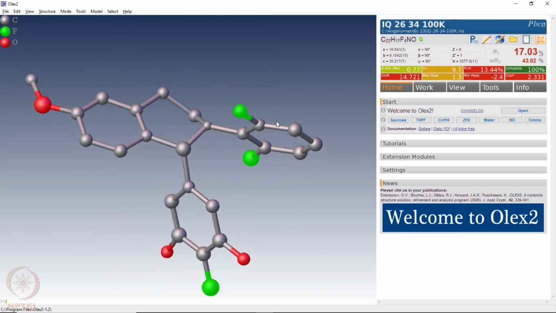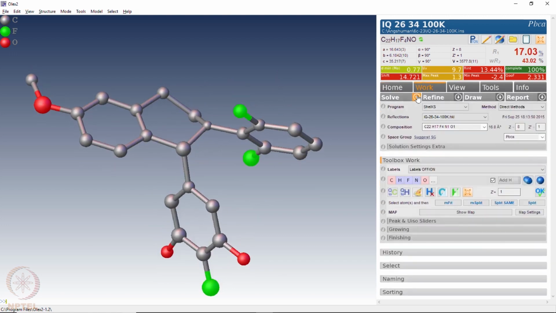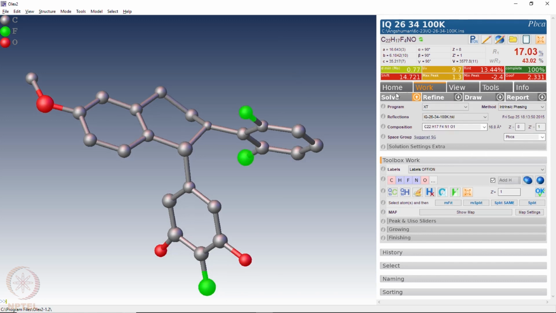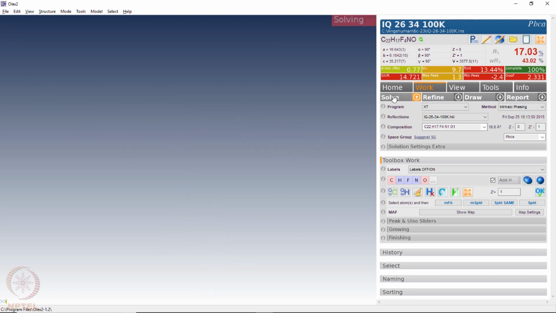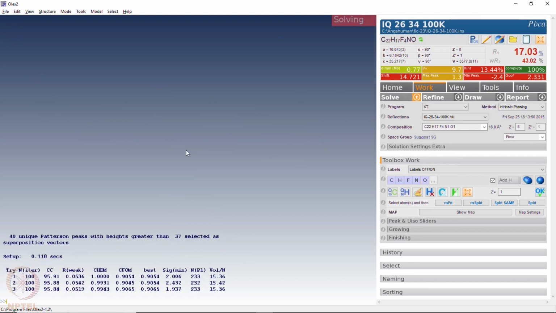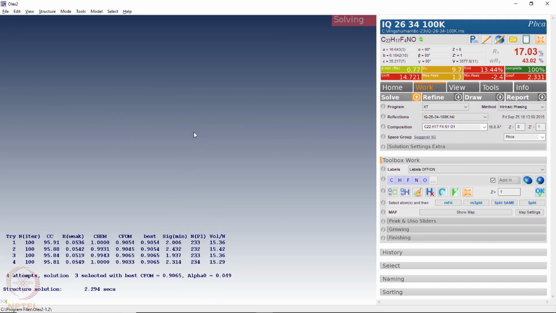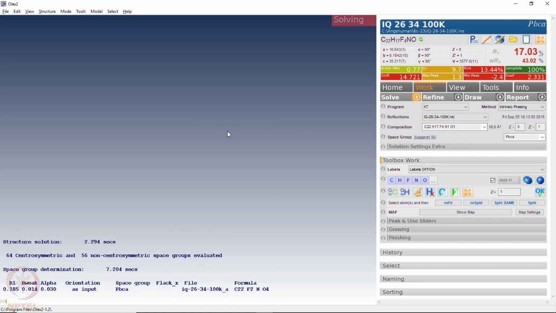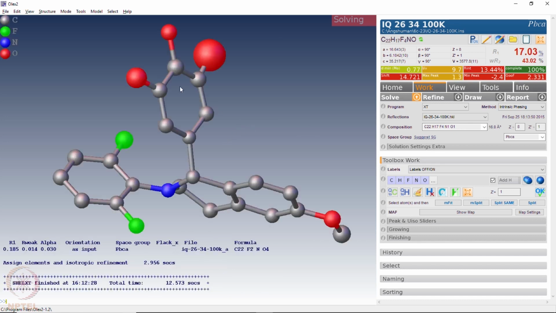This is a model structure, but we can redo the structure solution part for all of you. So I use the XT to solve the structure. You can see it is orthorhombic with space group PBCA with cell dimensions 16, 6, 35 and volume 3577. On trying to solve it using direct methods, it will quickly give you a structure which is the starting model for this solution, where you will see that